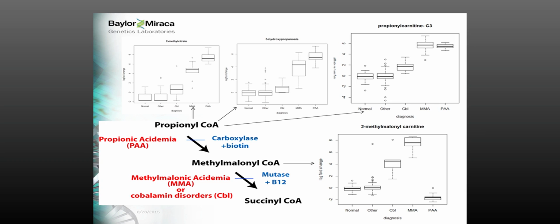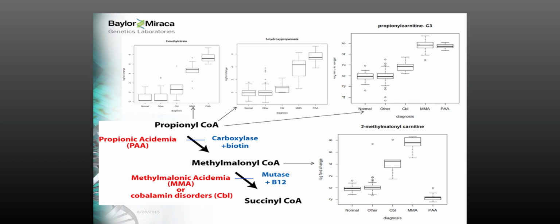The middle is disorders of cobalamin transport and biosynthesis, and then finally methylmalonic and propionic acidemia. And so you can see the different pattern that comes up with these different disorders,